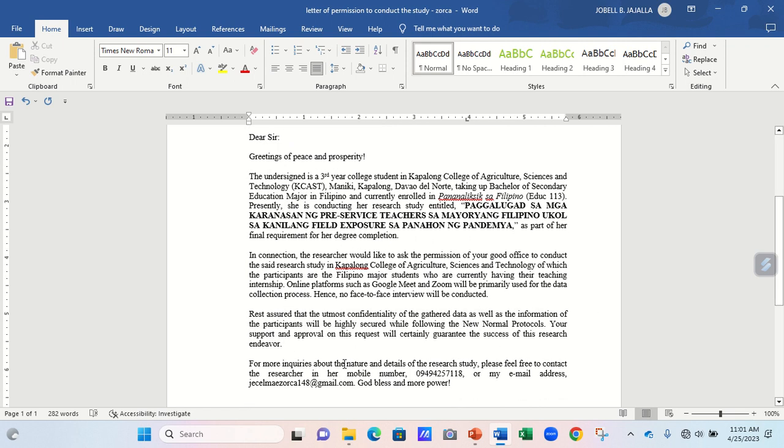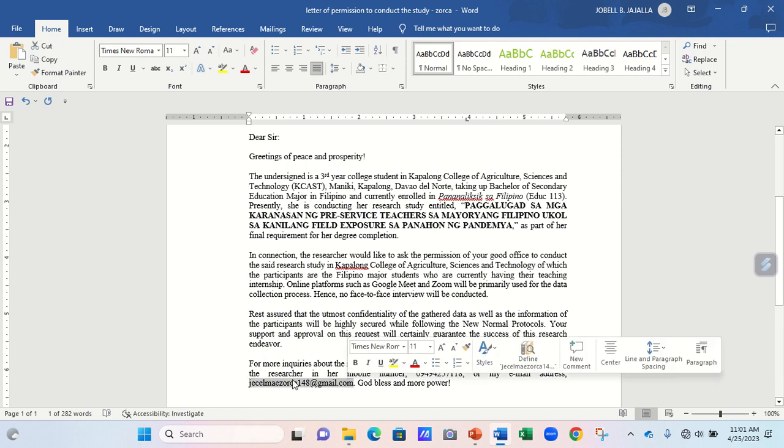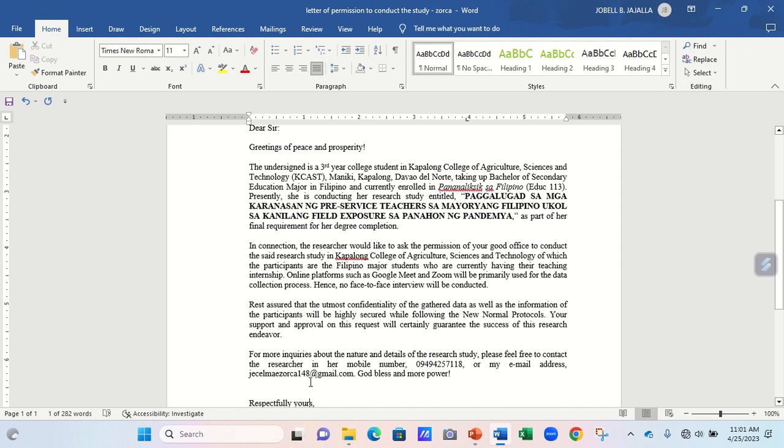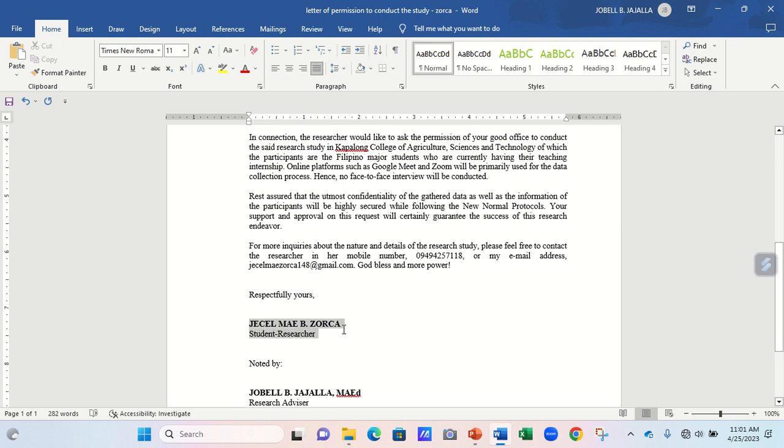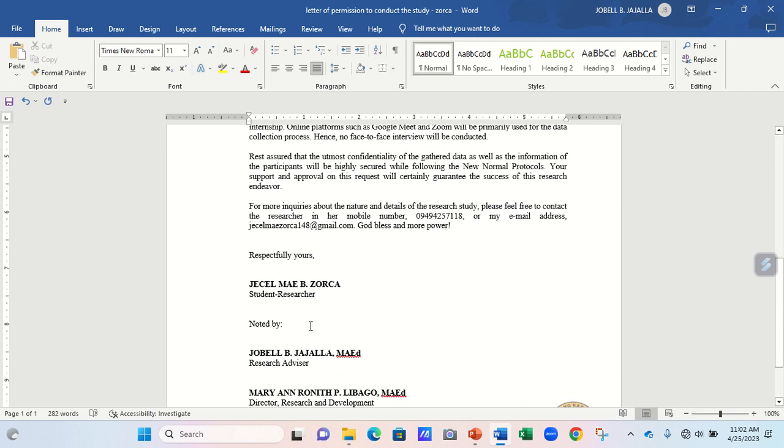And for more inquiries about the nature and details of the study, please feel free to contact the researcher at her mobile number. So indicate here your mobile number and your email address as well for future communication purposes. Respectfully yours, you encode your name down here as the student researcher, noted by your advisor, and then